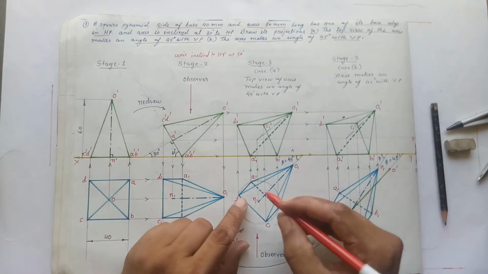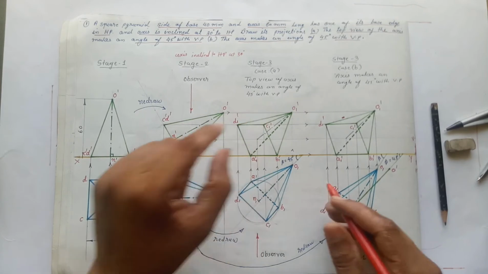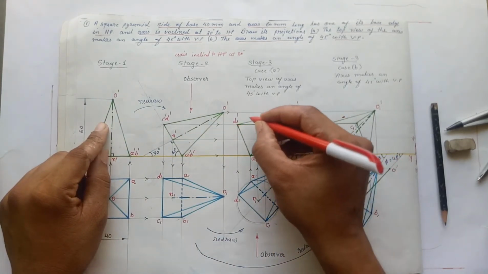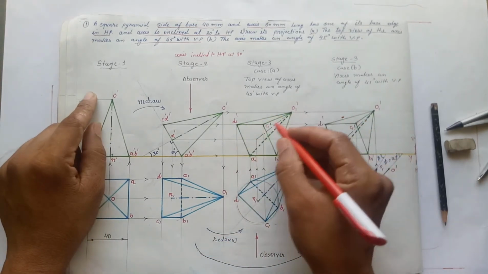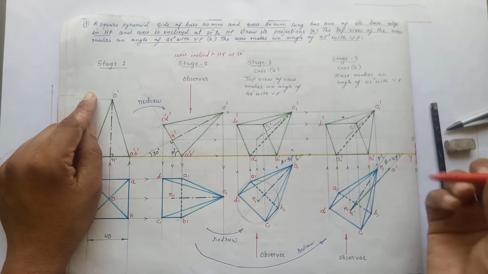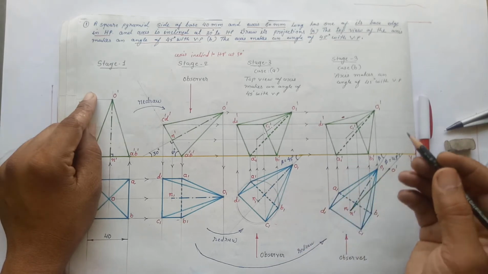So by projecting A, B, C, D, mark the points A1, B1, C1, D1 and draw the base as a visible outline because the base is going to be visible. Now draw the slant edge by using the rule of intersection again, and the rule of intersection is two visible lines will never intersect and two hidden lines will never intersect.